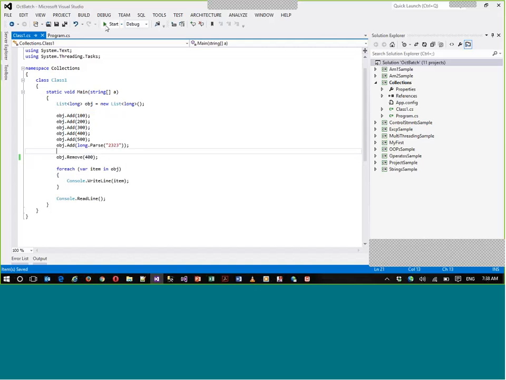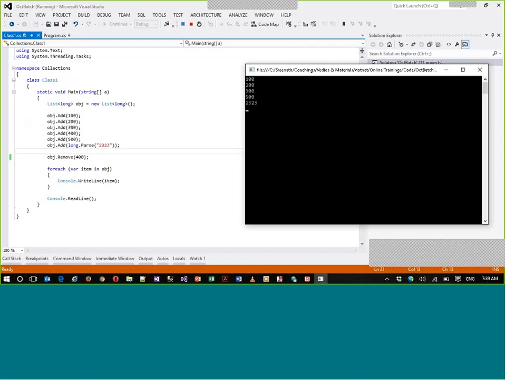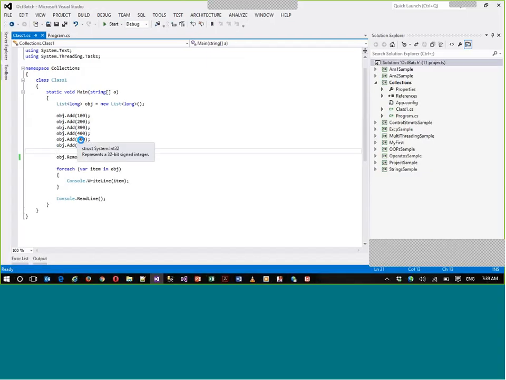When you run it, you will see that among all the details we have added, we can remove the specific data. So this is how we can do the generic, specific data type restriction.